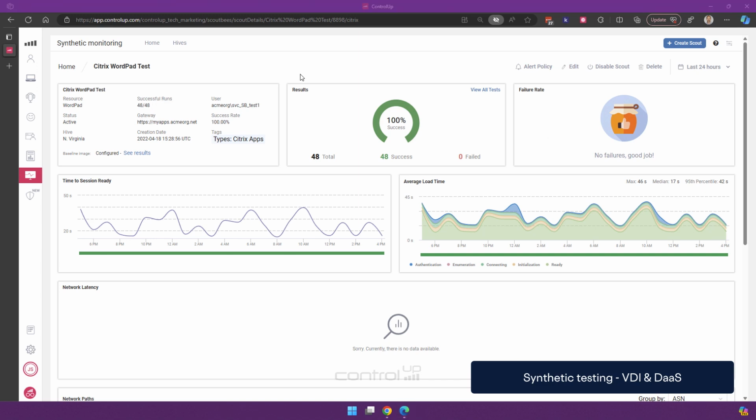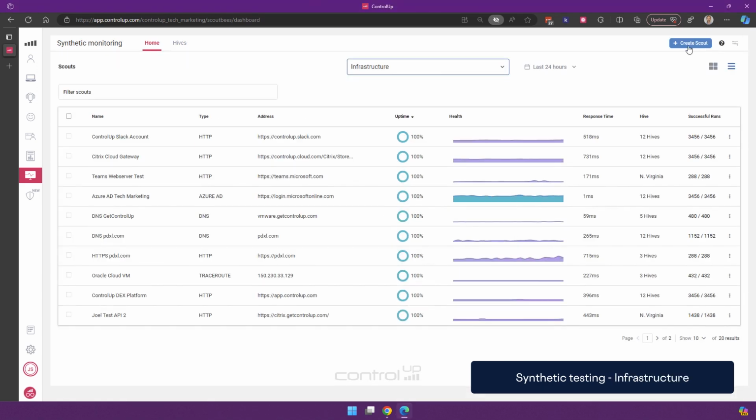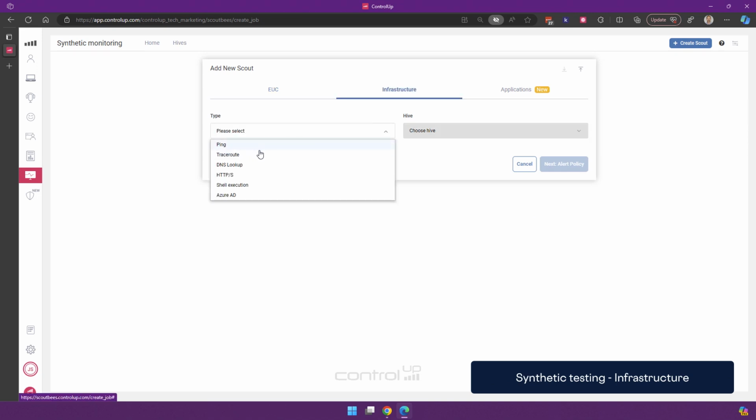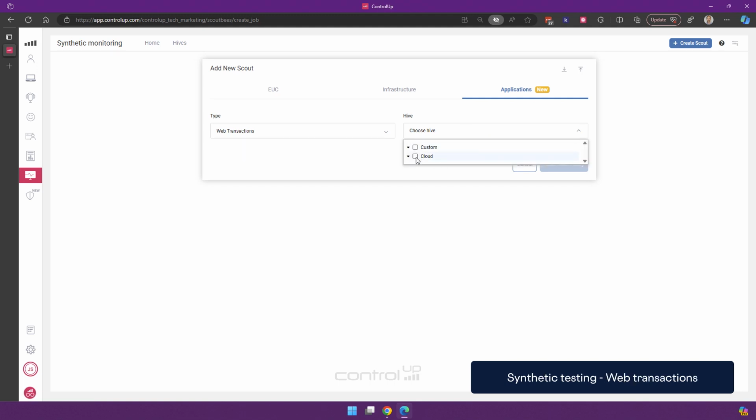In addition to the synthetic testing for VDI and DaaS environments, we also offer testing for infrastructure components, including ping, traceroute, and other tests, HTTPS tests, Azure AD, as well as application testing. This could include sideload testing, Microsoft Exchange, and something that we recently added, web transaction testing. So to give an example,